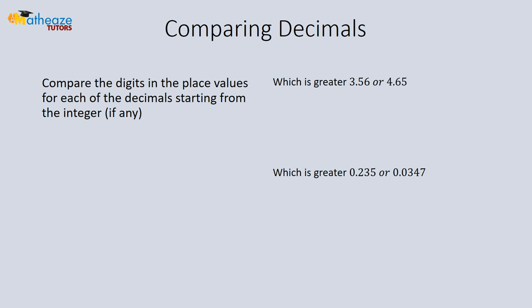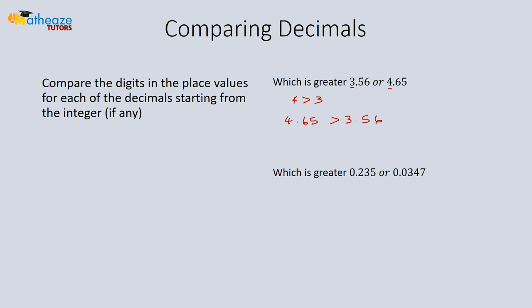So we start with the ones place. 3. So 4 is greater than 3. So that just tells us that 4.65 will be greater than 3.56. Now let's look at the second example, 0.235 or